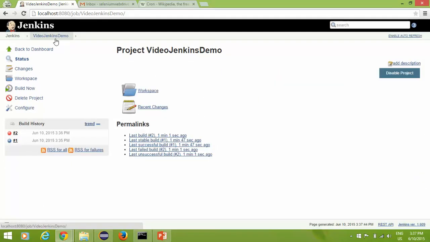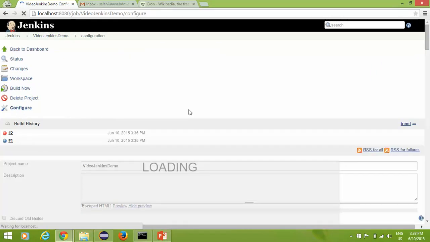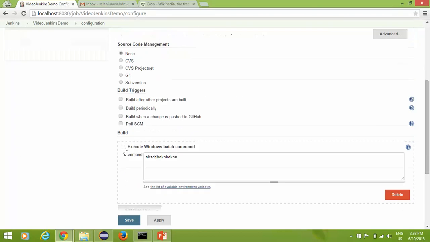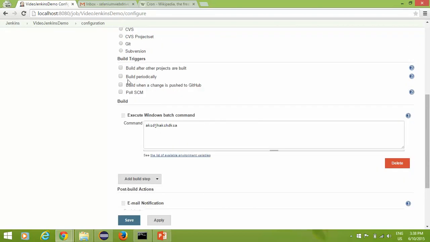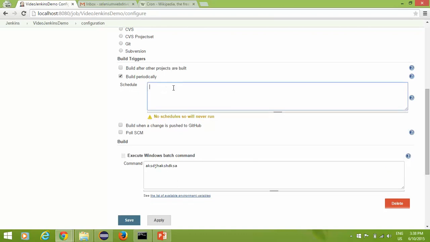Now let's say I need to schedule this job for every 1 hour. I don't want to execute my test case manually, so daily at 10 p.m. it should get executed, and in the morning at 8 a.m. it should execute, or every 1 hour it should execute. So I will simply click on configure. It's taking time, and here if you navigate, it is asking, do you want to build periodically? So I will say yes. And now here we need to design a cron pattern. Don't worry if you're not familiar with cron pattern, then click on this help section.